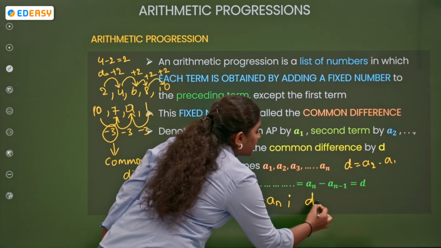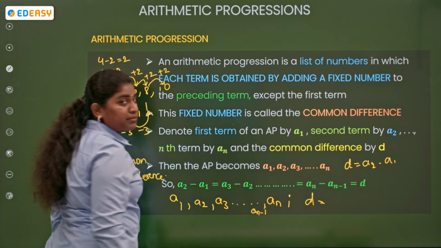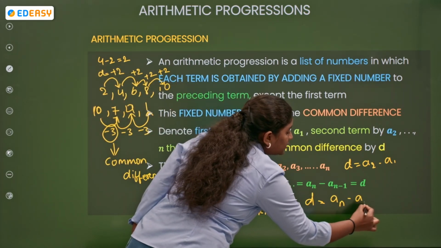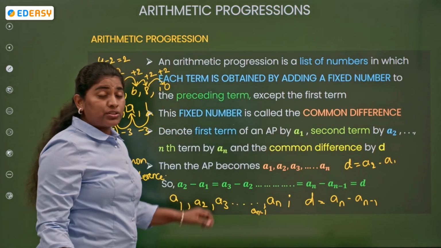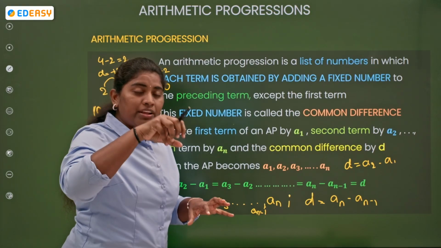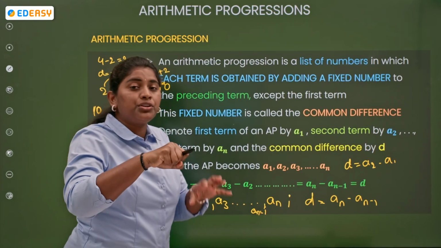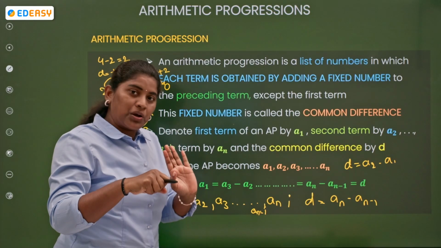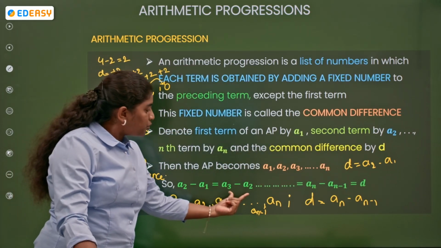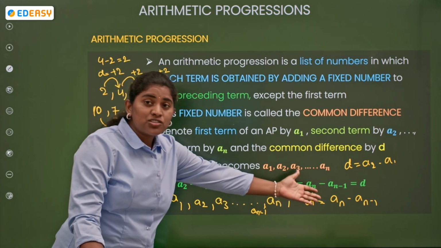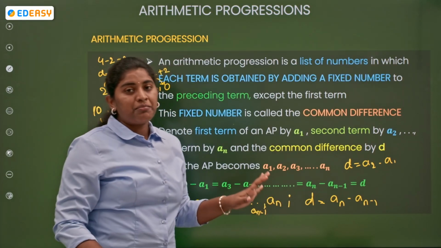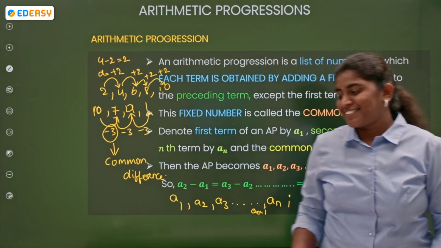By taking the difference between your an and an minus 1. You need to subtract the an minus 1 from your an. So for that reason, I am telling you that in order to find the common difference, whatever term you are taking, from that term you need to subtract the previous term. Whether it will be your a2 minus a1 or a3 minus a2 or a4 minus a3 and so on, an minus an minus 1 also. Clear about this, everyone? Yes.